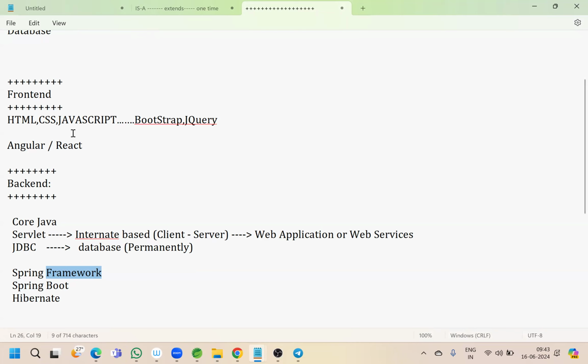So similarly, over the front end part, we have to be strong with HTML, CSS, JavaScript. Mostly JavaScript, we have to be strong with JavaScript. So we can create any front end application. TypeScript and React is a framework, so a lot of things are already there. Just we have to be